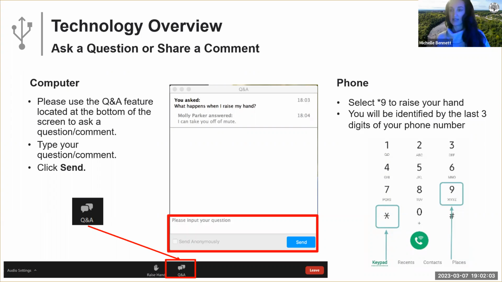If it's relevant to the slides that we're on, we may answer it in real time or save them all to the end. If you have called in, then the option for you to share or submit a comment is to first press *9. So that will show us that you are raising your hand, and then we can unmute you for you to share your comment with the rest of the group.